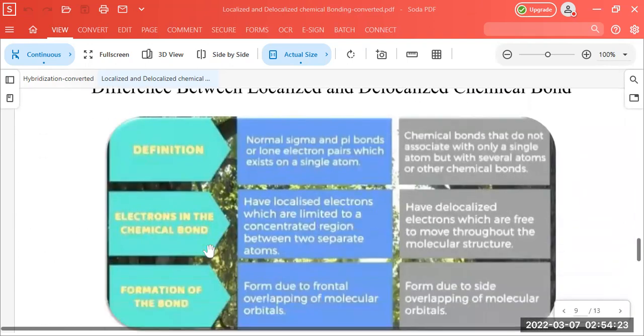So what is the difference? There is a prominent difference between a delocalized and a localized chemical bond. A localized chemical bond is one in which the electron pair is shared by only two nuclei. यह नॉर्मल सिग्मा बॉन्ड भी हो सकता है, पाई बॉन्ड भी हो सकता है, तो कार्बन कार्बन डबल बॉन्ड बिल्कुल आइसोलेटेड कार्बन कार्बन डबल बॉन्ड भी हो सकता है। जबकि केमिकल बॉन्ड जिसमें दो डबल बॉन्ड एक दूसरे के साथ कंजुगेशन में हों या फिर p ऑर्बिटल के साथ कंजुगेशन में हों, और उस तरह डबल बॉन्ड का इलेक्ट्रॉन पेयर डीलोकलाइज्ड हो और दो से ज्यादा न्यूक्लियाई पे हो, तो उसे हम डीलोकलाइज्ड केमिकल बॉन्ड कहेंगे।